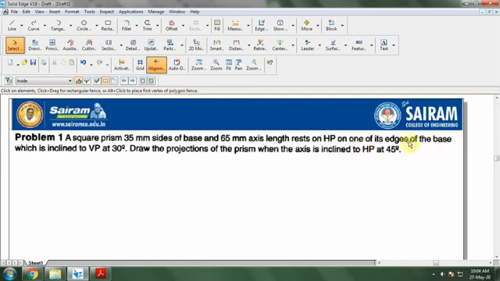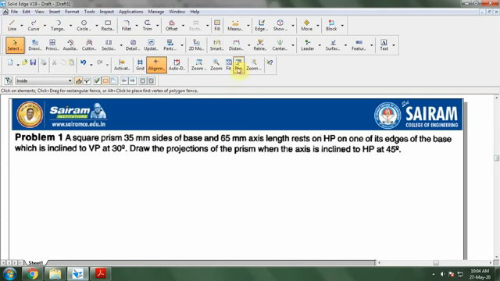And the third position can be based on either the edge being inclined to VP or the axis being inclined to VP. When the edge is inclined to VP, directly you can go for the inclination. When the axis is inclined, you have to check for the beta angle. When the axis is directly inclined to VP, then you have to calculate the beta angle. When it only appears to be inclined, no need to calculate the beta angle. The second position will always be fixed to HP, where the axis will be inclined to HP.